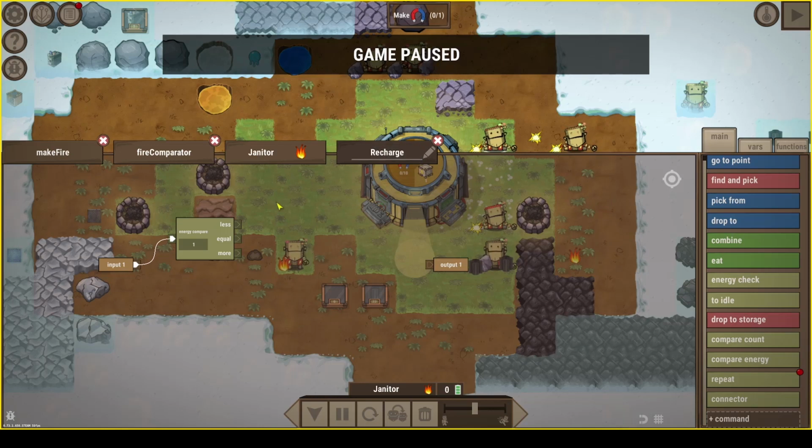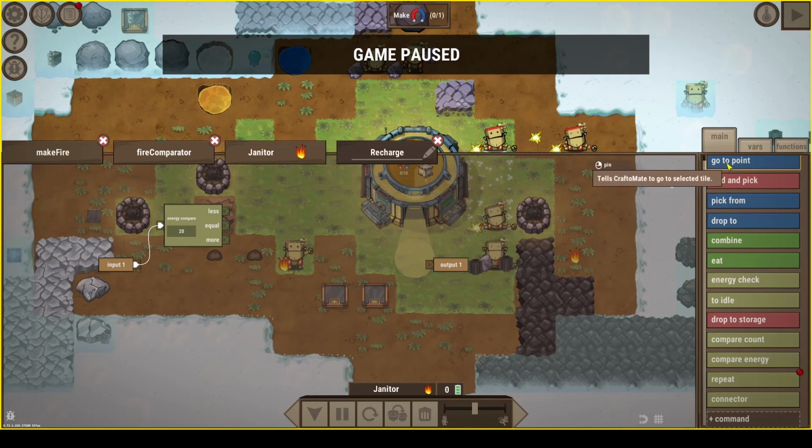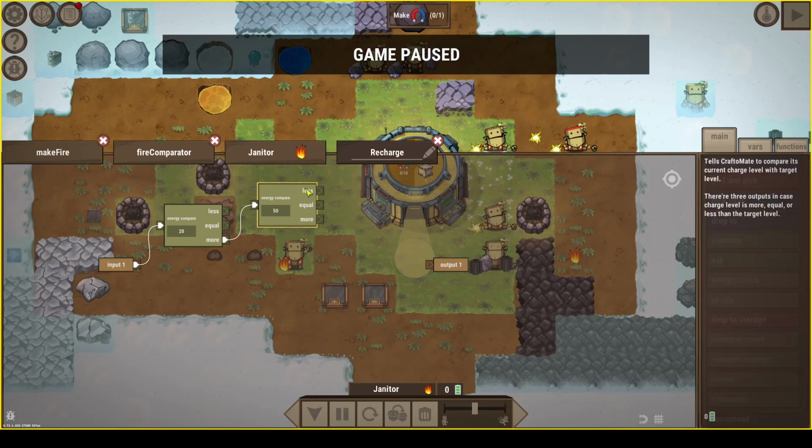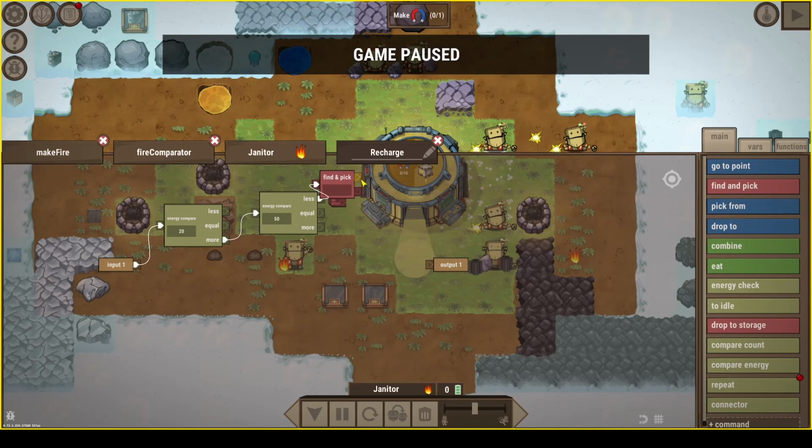Recharge. All right, so compare energy. If I have 20 energy, and I have less than that, equal to that, or more than that, here's what I'm going to do. I'm going to do another comparative energy by saying if I have more than 20, I'm going to check to see if I have less than 50. So if I have less than 50, I'm going to say find and pick a coal brick and then eat